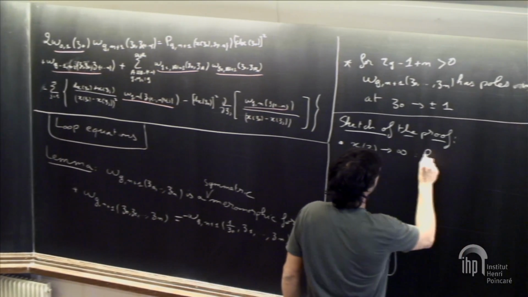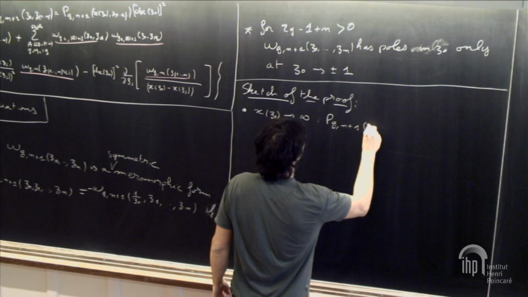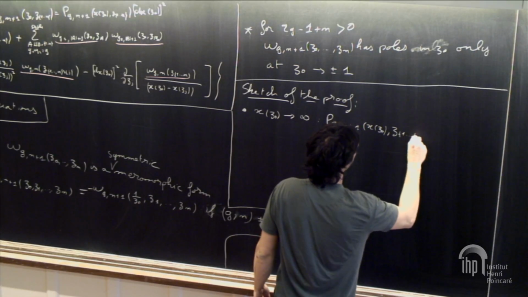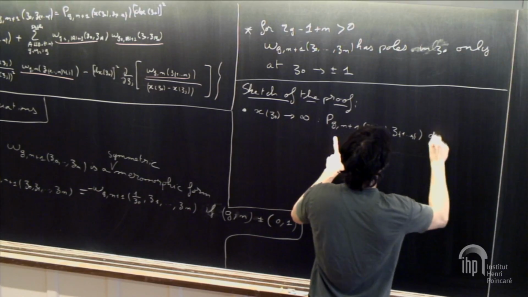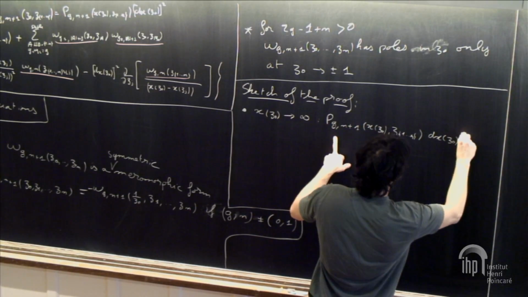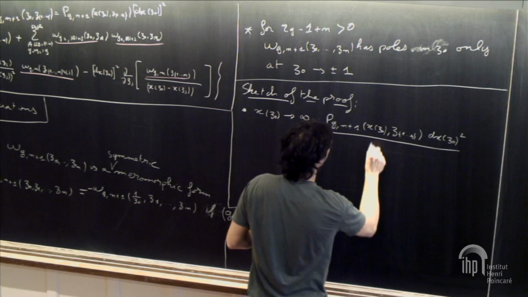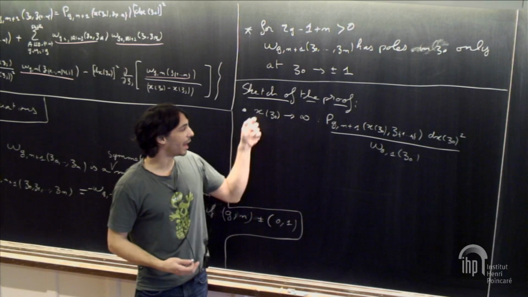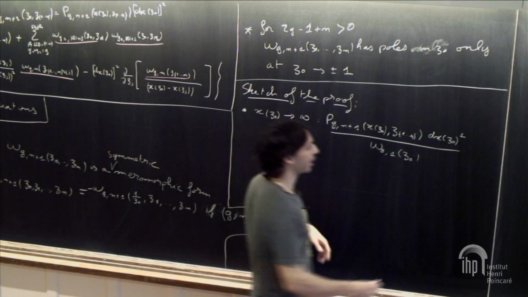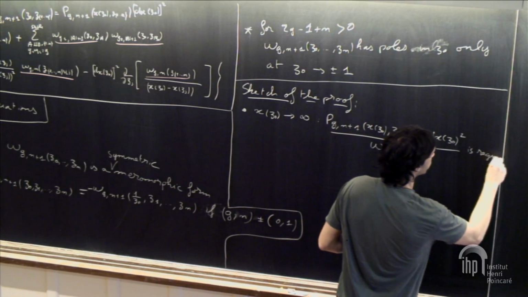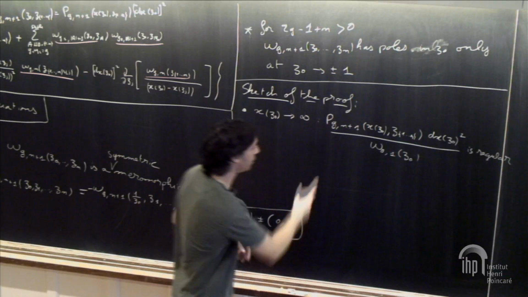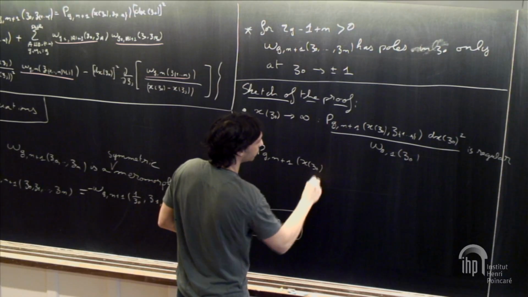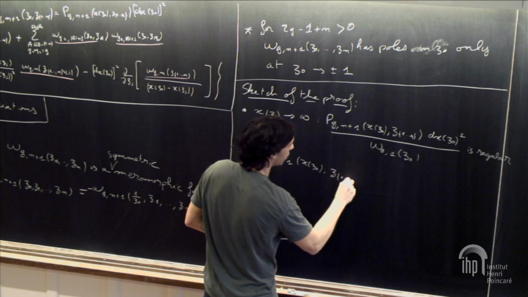And if you look at dx of z0 squared divided by omega 0,1 of z0, and at the behavior of this quantity when x of z0 goes to infinity, it is regular. And the reason for that is, again, that since P G,n+1 of x of z0, z1 to zn